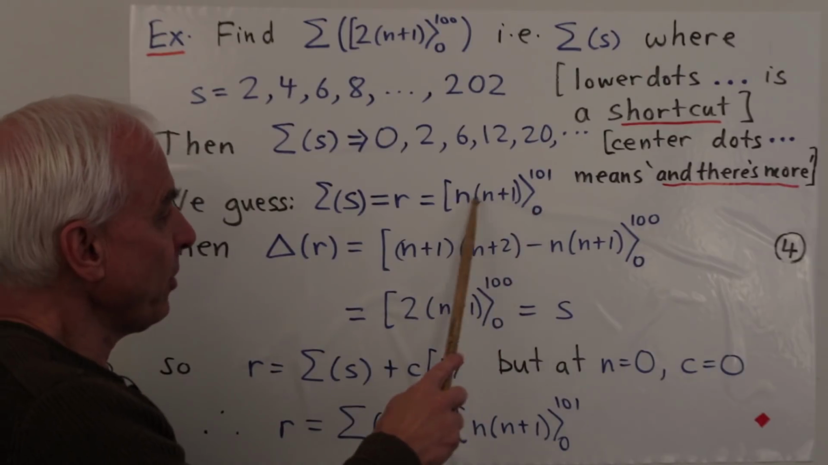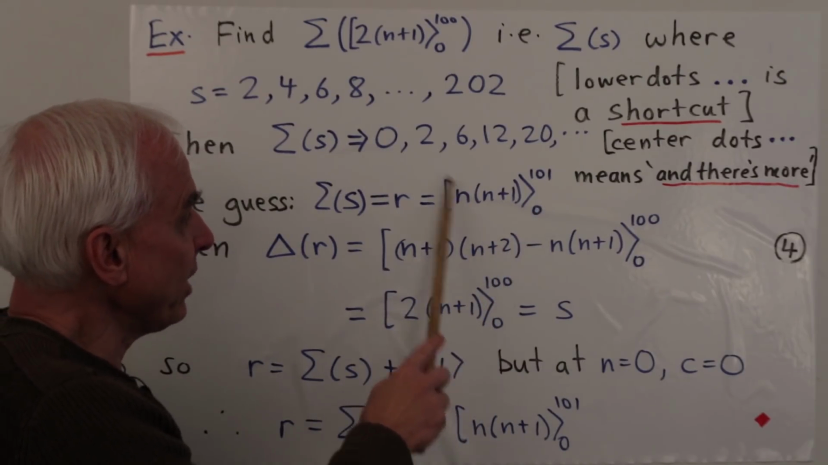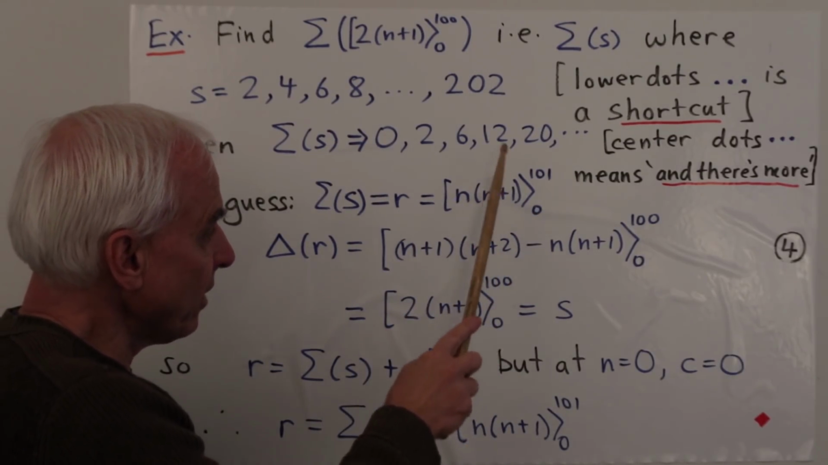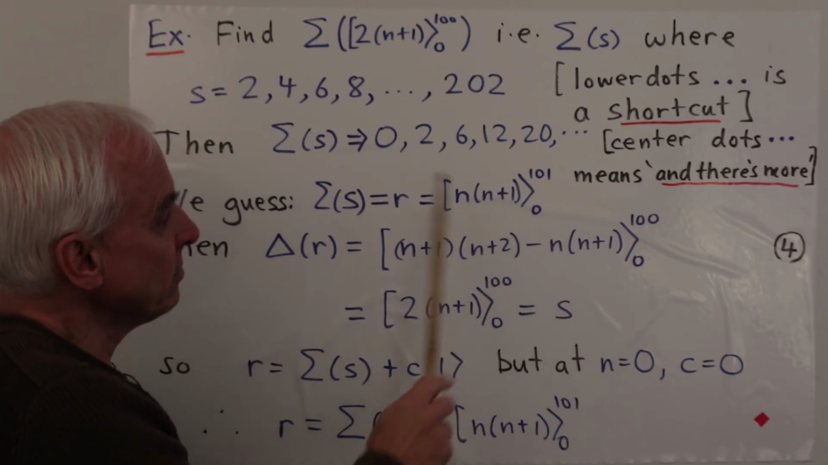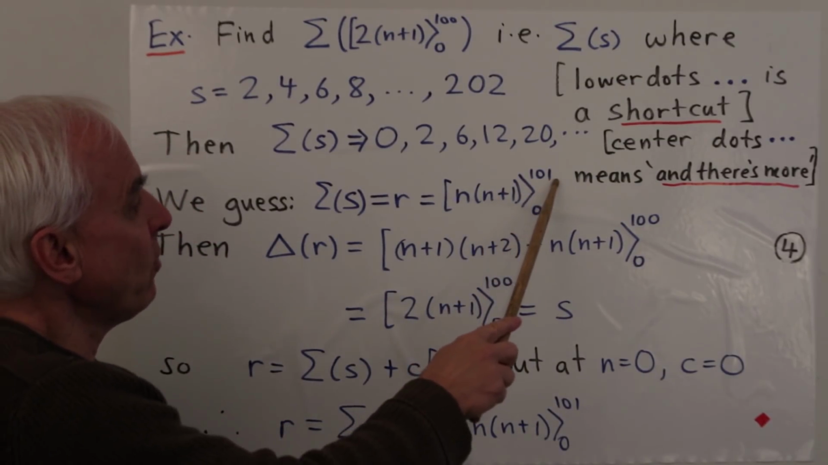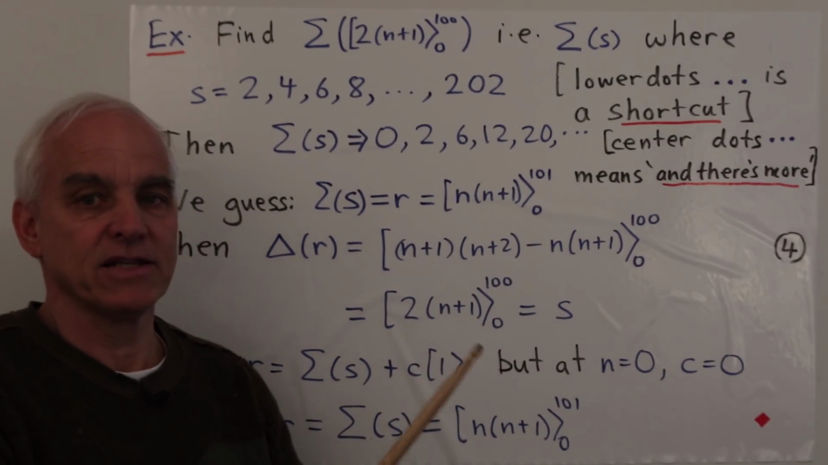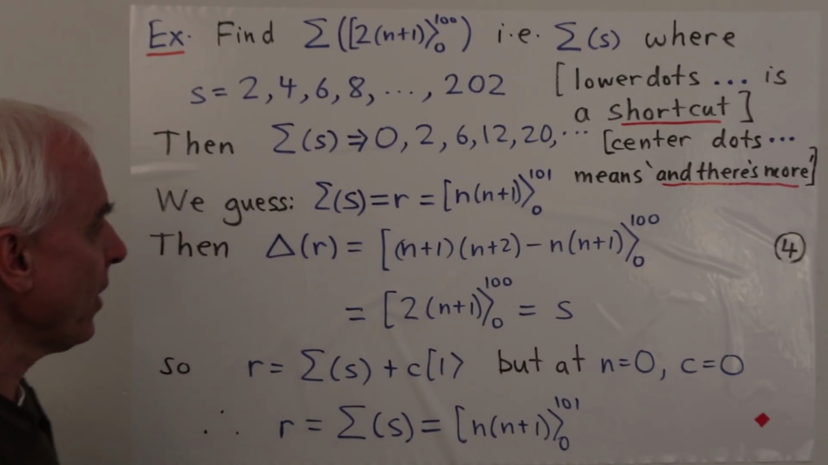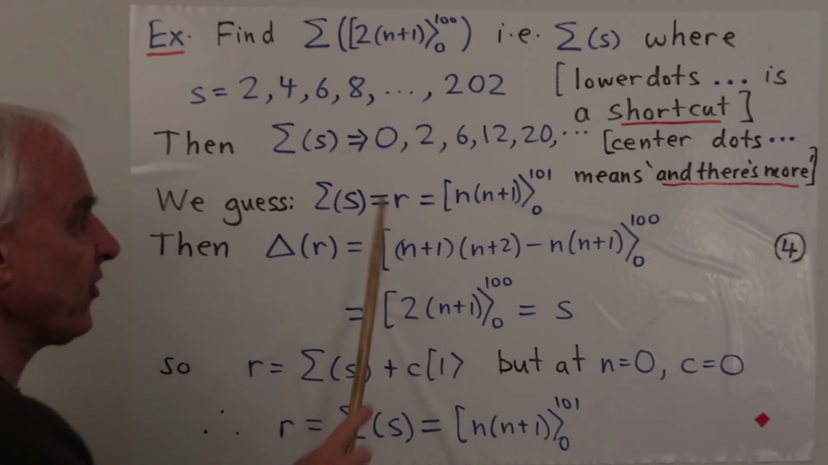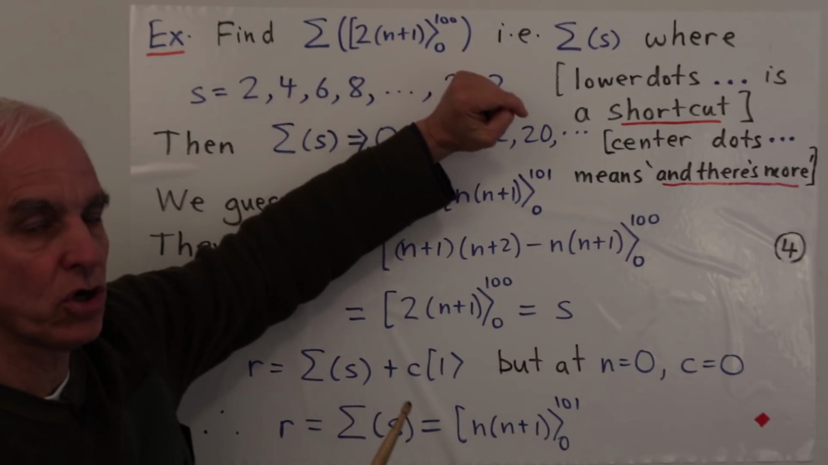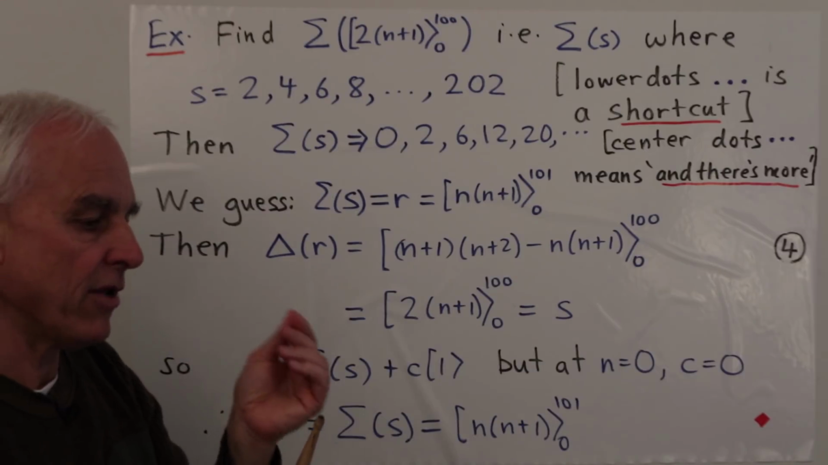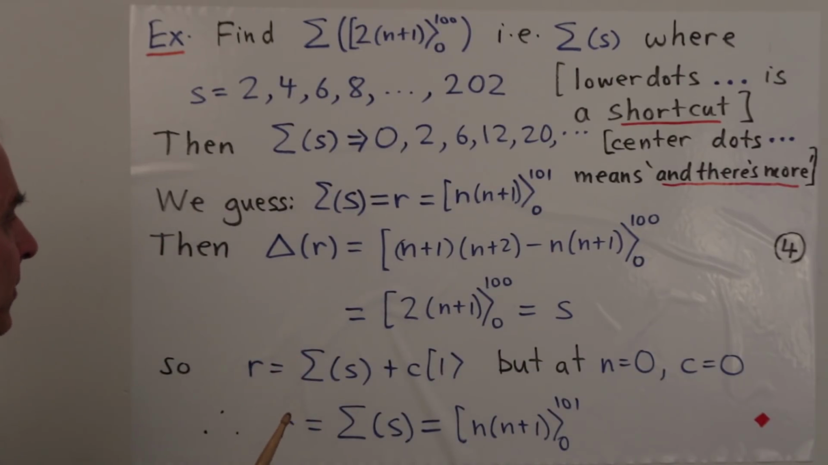So when n is 0, we would get 0. When n is 1, we would get 2. When n is 2, we would get 6, and so on. And presumably, we're going to go up to 101, because there's usually one more term in the summation of a sequence. Okay, that's our guess. It's our guess that we've obtained by looking at the first few terms here. And now we want to ask, well, is that actually going to work? So let's